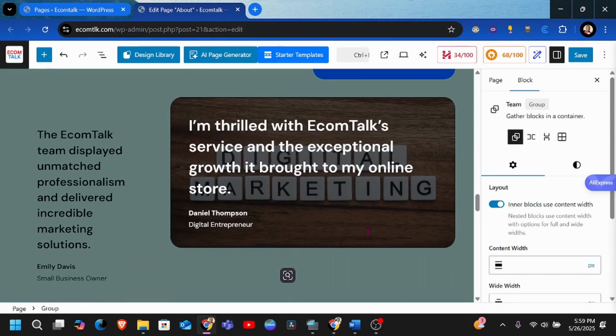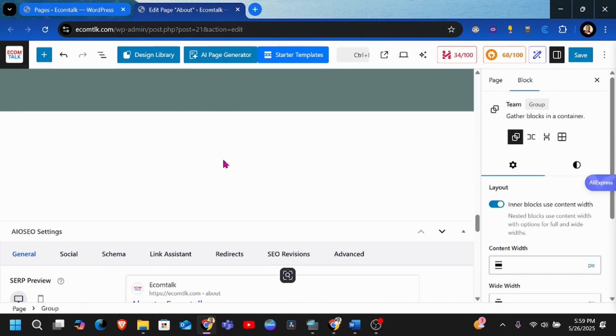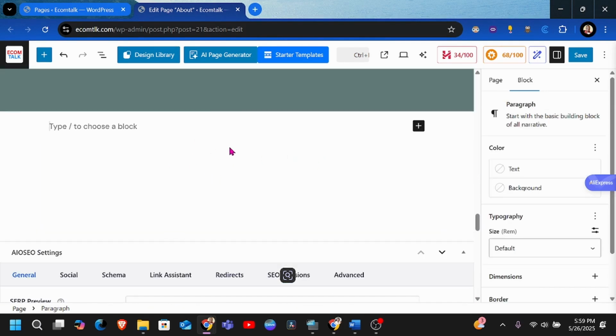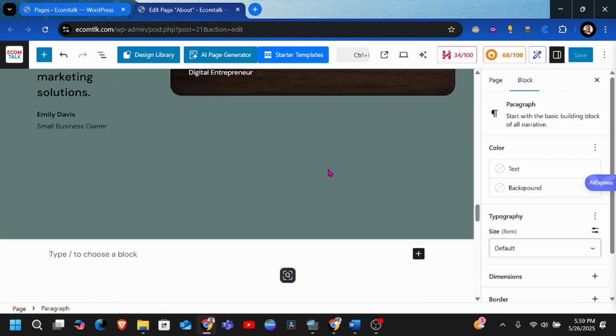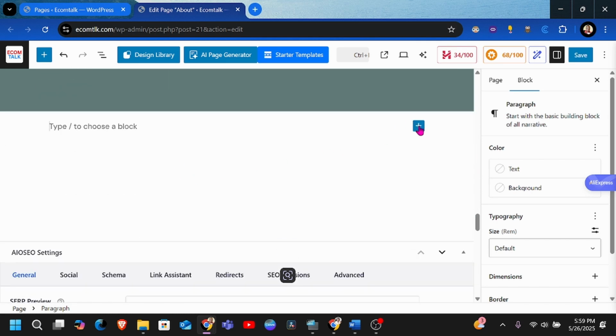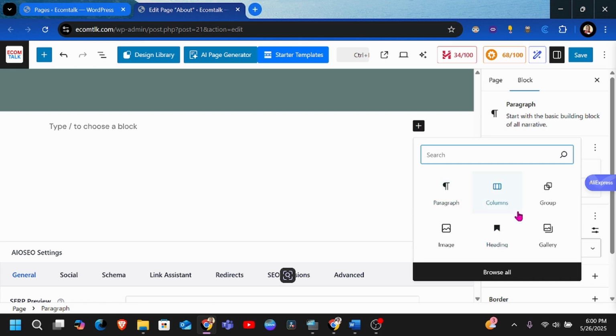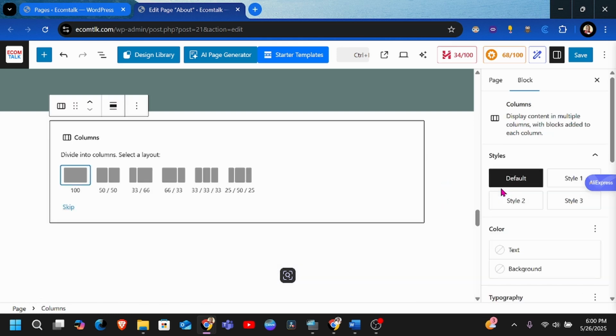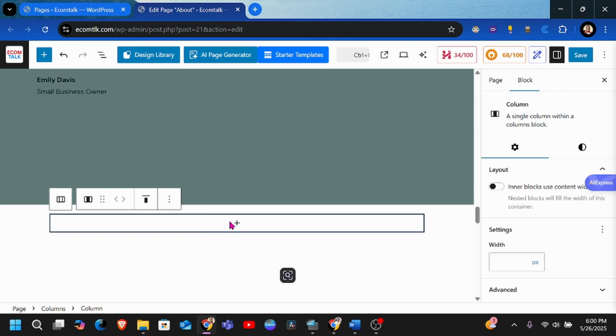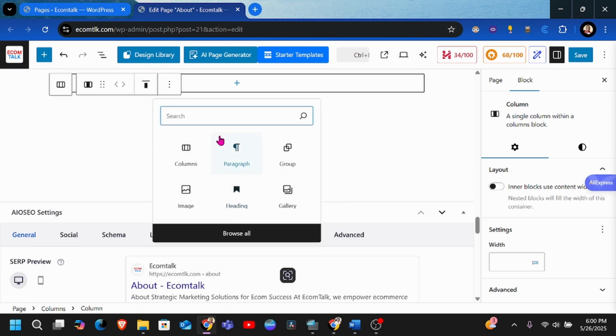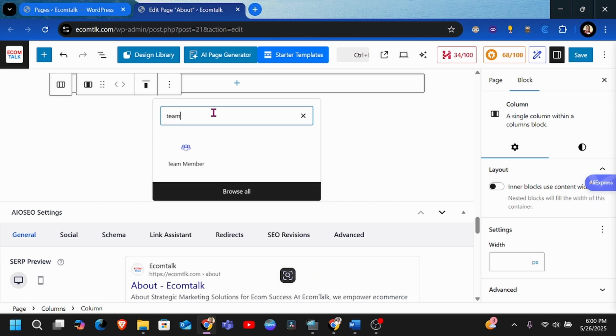But if I want this to be on its own entire page outside everything, then it means I have to go outside the blocks that have been edited, and now I'm going to add an entirely new block here and choose columns, and then I can choose if I want to have 2 or 3 columns. So I can take that as a single column, and then a single row, and then I can add a block and search. So if I search here, I am just going to add something like team,